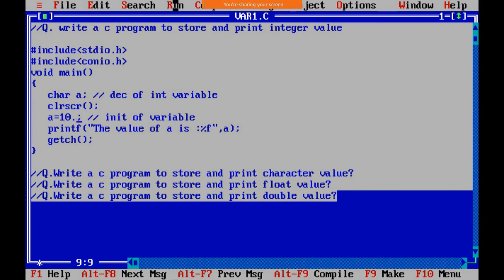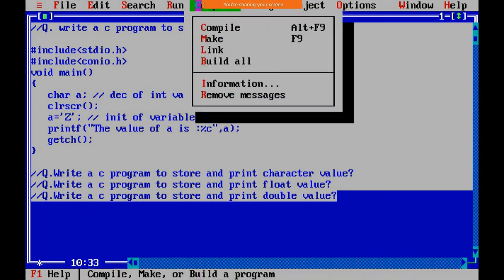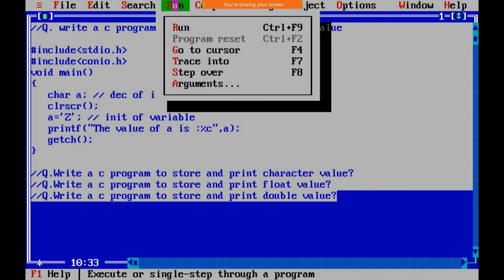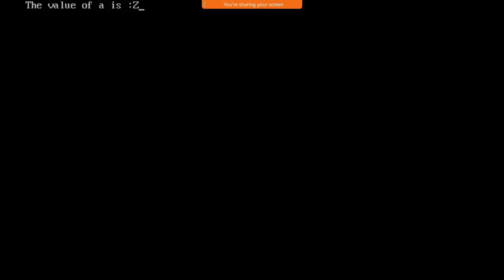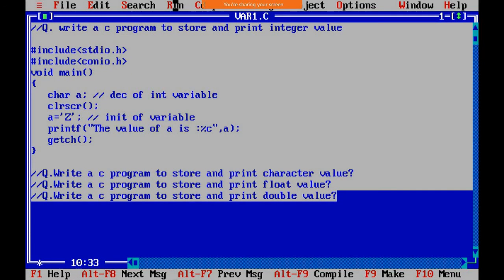And I will show you for char also. So for this character, we all know that if you want to store a character, then we will use single quote open and single quote close. So here I will use capital Z, and instead of that format specifier here, I will use %c. Just compile it and run it. See, the value of a is capital Z. So like that, you need to perform this task. Okay, so revise it. I will not provide any document for that, so you need to perform the practical.